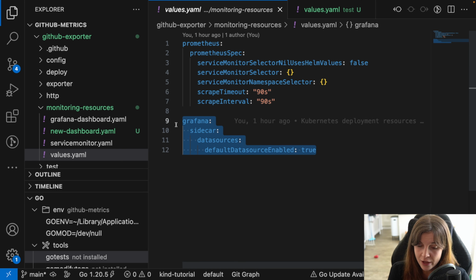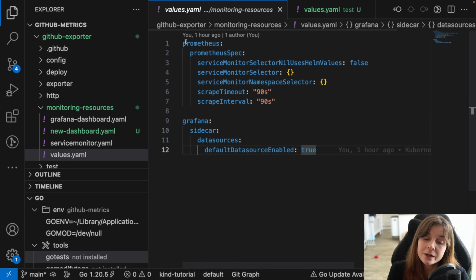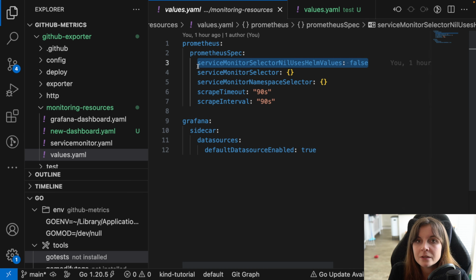Then for Grafana, we say that the sidecar for Grafana, the data sources, should have the default data sources enabled set to true. Now, where do you find these values? Again, I'm going to go into more detail, but how do I know what to do? Well, this value comes from a lot of trial and error in installing Prometheus and reading some documentation and some issues other people had. So a lot of working in a cloud native space and working with these tools is about trial and error,